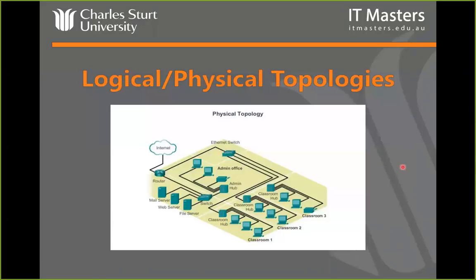If we look at a physical topology here, that's a physical topology of a LAN, just to compare it to what we're going to look at in a minute. We've got a number of classrooms, a number of offices, all connected by switches and hubs, but basically it's one small little network. That's physically what it looks like, with the physical devices located in switching cabinets, and cables going out to each host and each building. Some of those could be fiber, some could be copper, but one or the other.